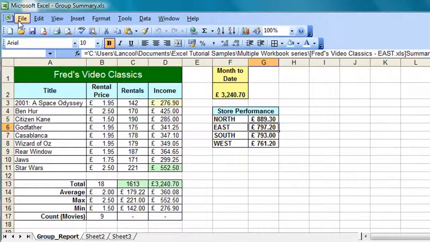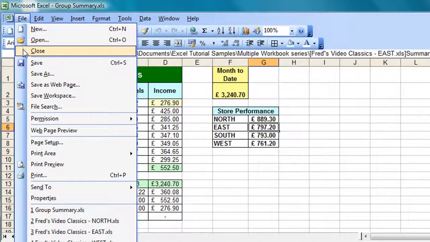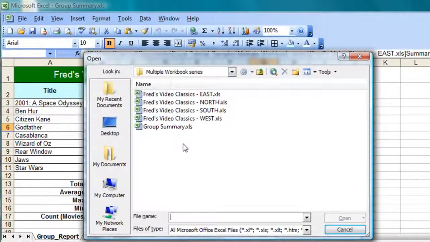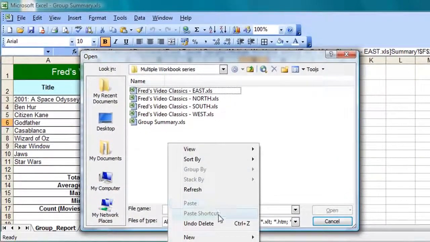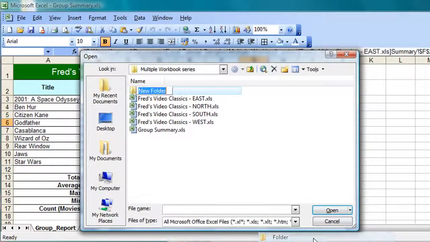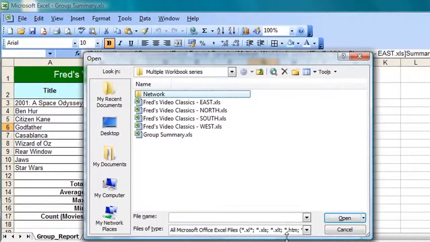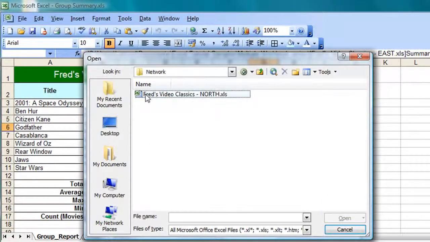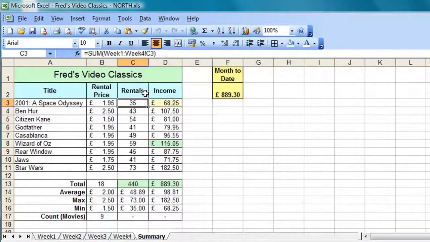So I'm just going to go and close. Well, what I'll do is if I go to File and Open, I can actually bring up the Explorer window, and I'm going to create a new folder here. And I'm going to call that folder Network. And I'm going to move the North workbook into that network folder. Okay, and then we're going to go into that folder, open the North workbook, and I'm going to modify the